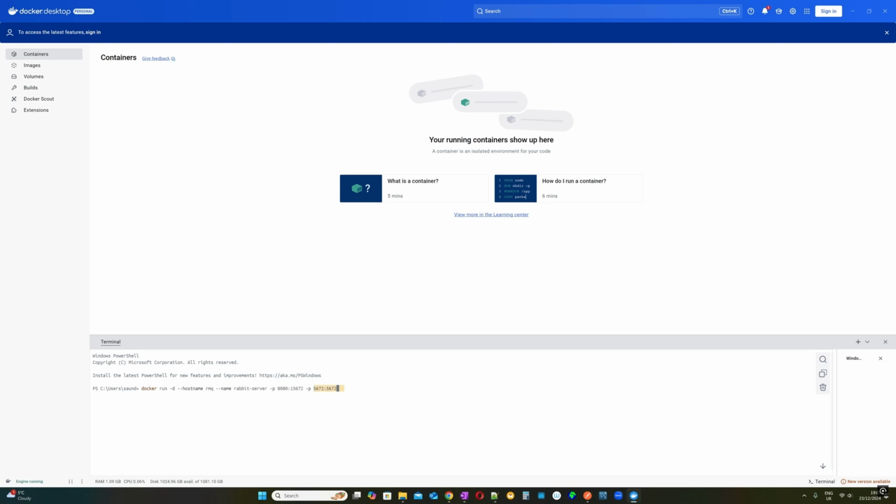using port 5672. Now, for this Docker container, we want to provide it with an image to use, and that's going to be the RabbitMQ image, and we want to use the 3-management image. And it's as simple as that. So now we can hit return or enter,